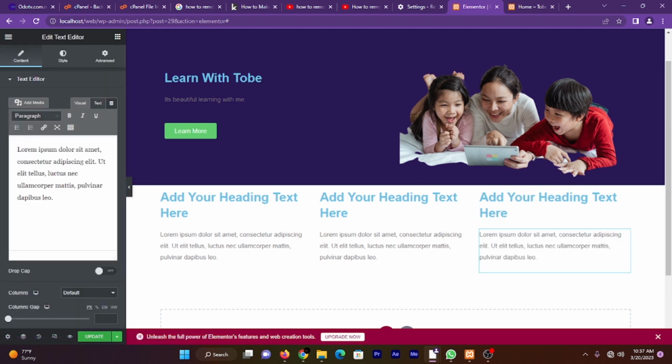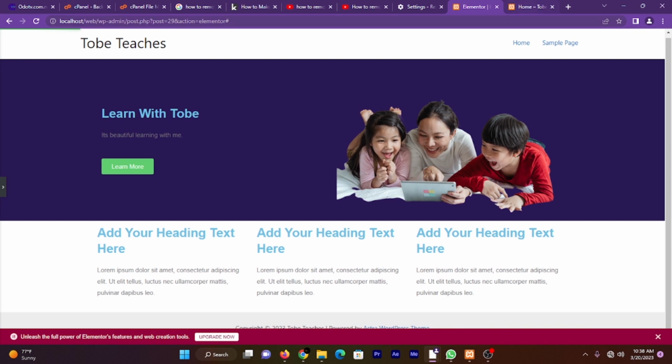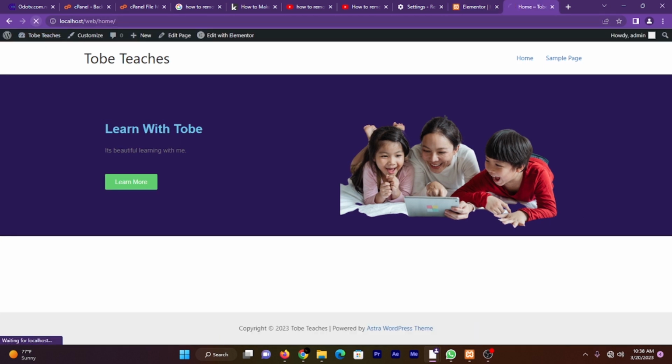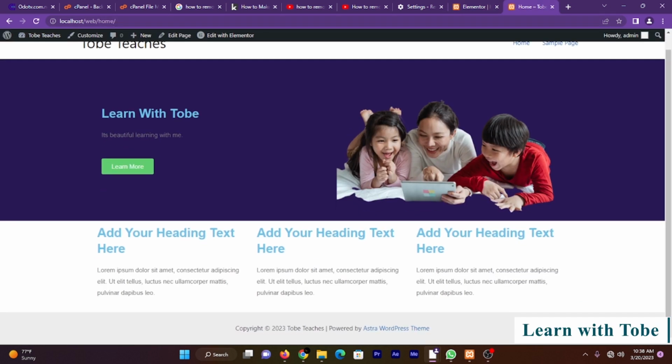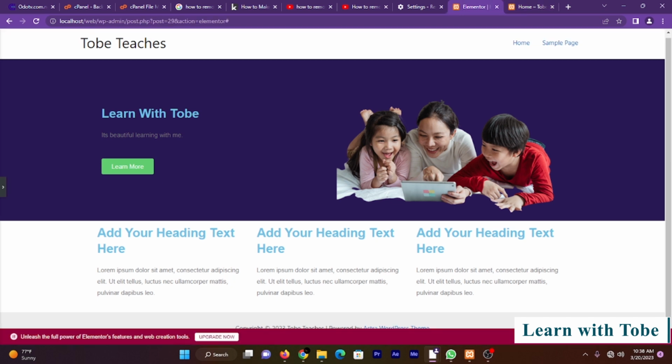So you see, if you now save and go to the front end of your website and refresh, this is what you have. Okay, but it is not aligning well. The space between the two of them are not coming out sharp. So for you to add that